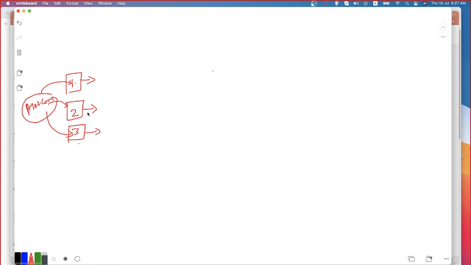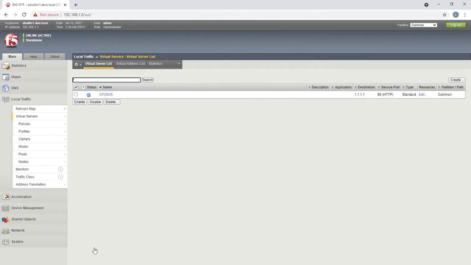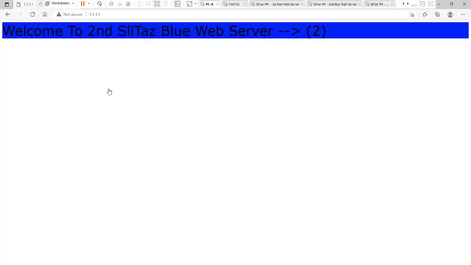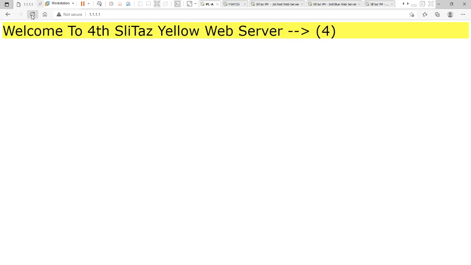Now, as we are trying to understand the concept of traffic distribution, we need to know which server we are connecting to, correct? Are we connecting to server 1 or server 2 or server 3? But other than that, the content is going to be the same. So don't confuse yourself when I browse and see different colors. This is confirming that the request is being forwarded to different servers in our pool. This is only for learning purposes. When you go into production, you don't see any differences.